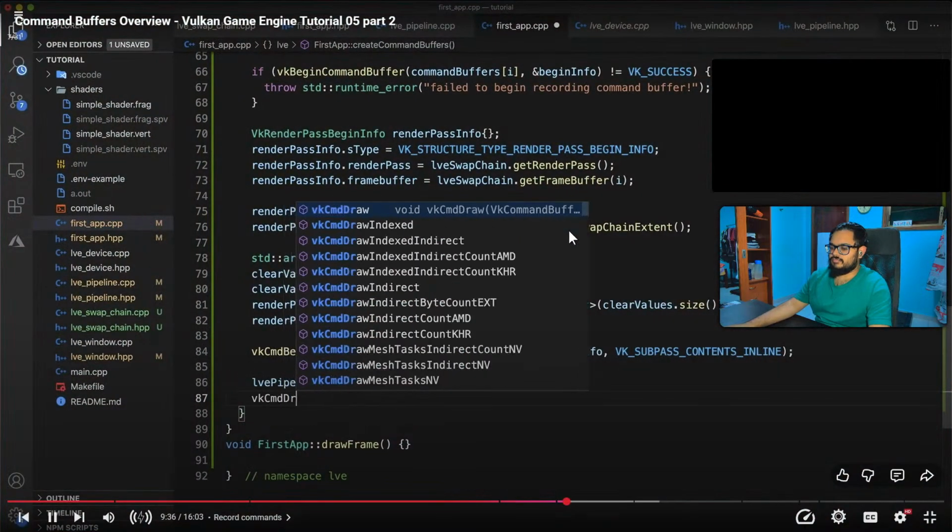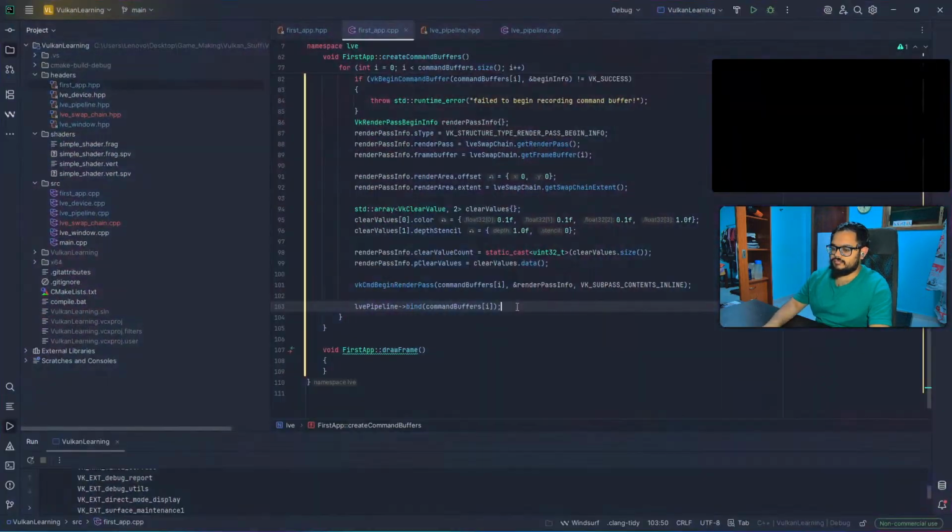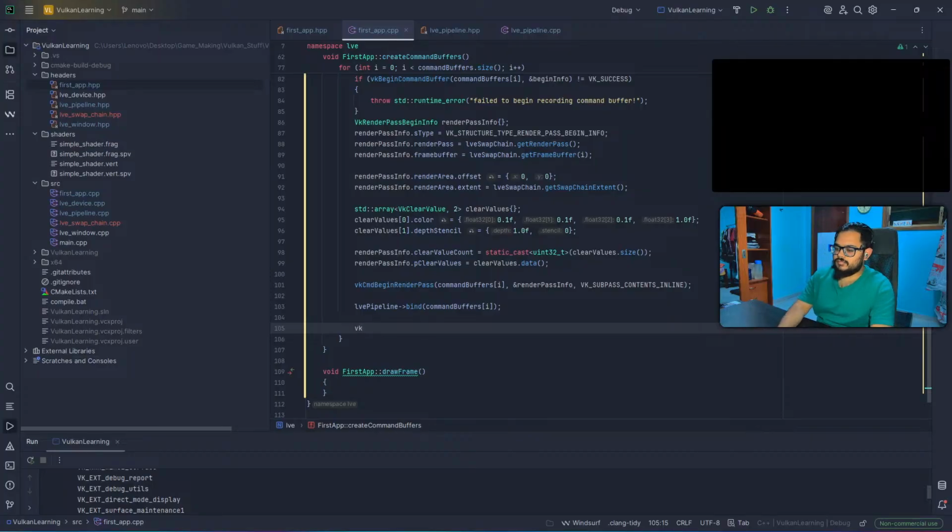Then use vk command draw with command buffer at index I,